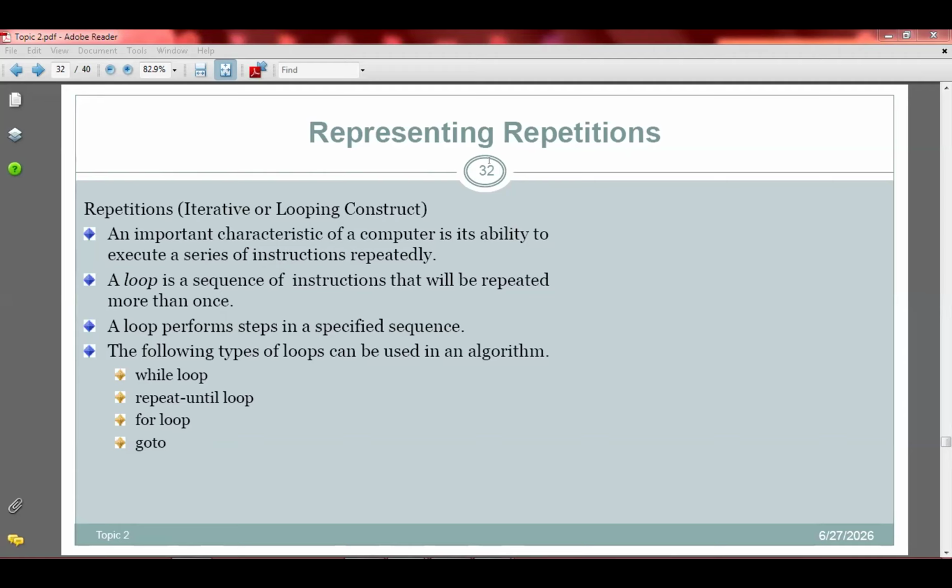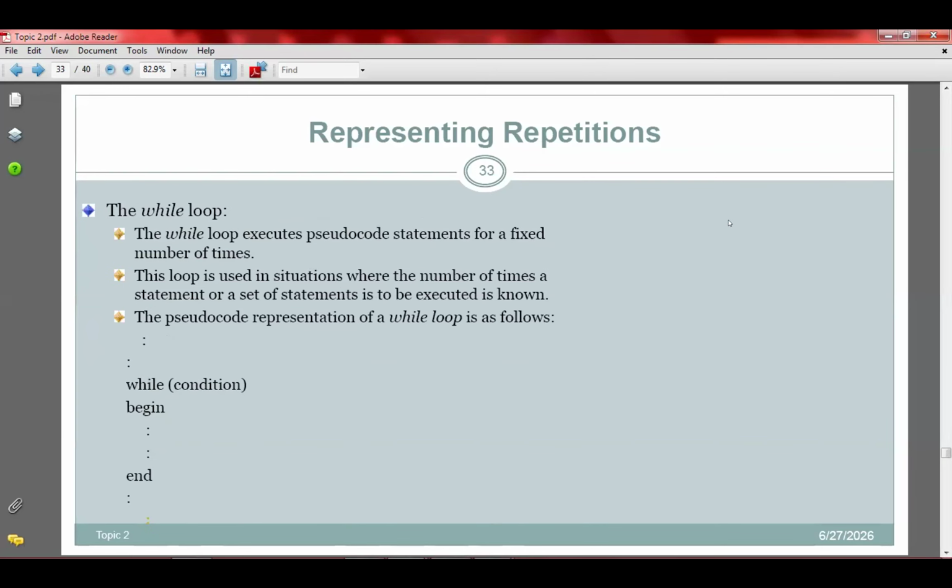I will explain all. However, for programming, programmers use more of the while loop and then the for loop. They are almost the same, but they are not the same. The while loop and the for loop is what we use most when we are writing a program. So let's look at the while loop.